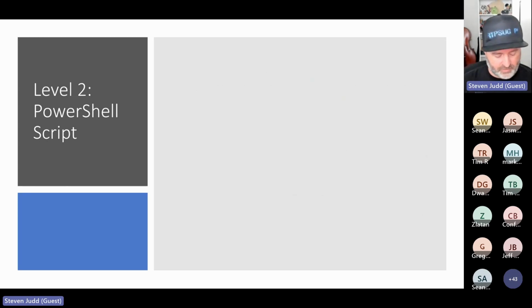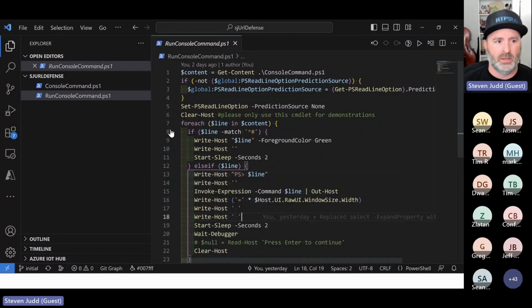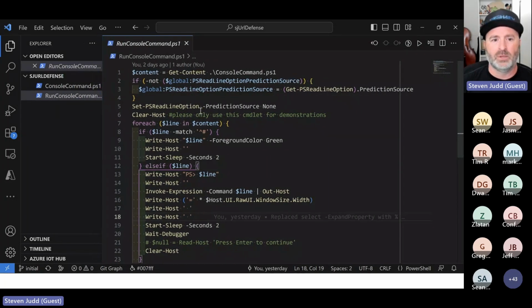All right, level 2. Oh, wait, before I go to level 2, I wanted to show you this. So here's the code I was using in order to do that demonstration. Let me get this out of the way and shrink this some because this is way too big. There we go. So I got the console command PS1, and then I got myself a prediction source because as I was hitting keys in my preparation for this, I kept getting my predictions from PSReadLine. I wanted that to go away. So see what I did? I put this prediction into the global variable. Then I set the prediction source to none. Like, okay, I don't want that anymore.